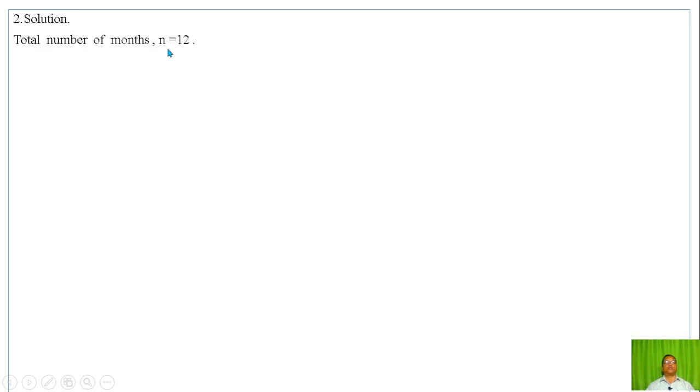The total number of months is n, equal to 12. The total number of TV sets sold is the summation of xi from 1 to n, where n is 12. That is January, February, March, April, May, June, July, August, September, October, November, December. Adding the TV sets sold in each month,